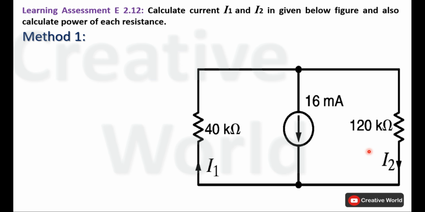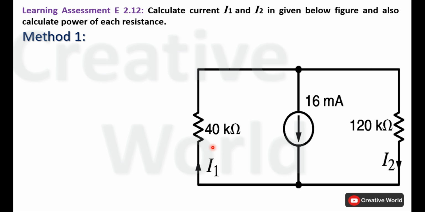And the same case is for the calculation of power. For any element in the circuit, we should have at least two parameters to calculate its power. But in this case, only one parameter of these elements is provided, that is resistance only. No current and no voltage are specified for these resistances. So first we have to identify the voltage across these resistances. Only then will we be able to calculate their currents. And whenever we have the value of current, we can calculate their power as well.